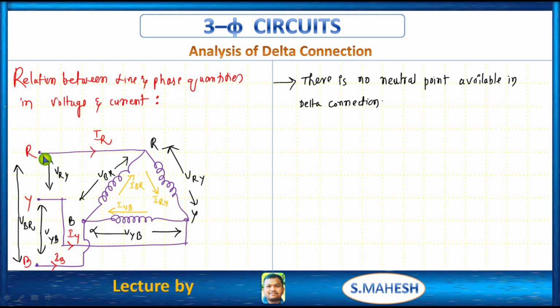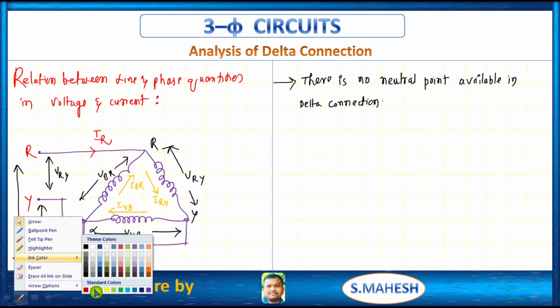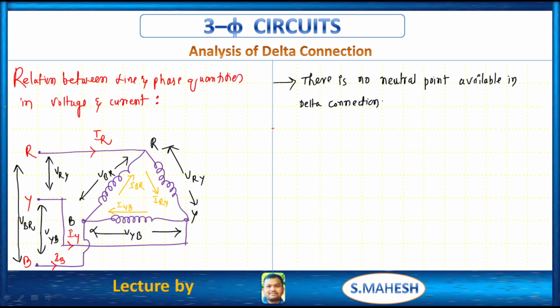Whatever the voltage which is present between these two lines is nothing but VRY, which is also present across these two node points, right? VRY. So the phase voltage is equal to the line voltage, like that VYB equals VYB. Whatever the voltage which is present across these 2 points is equal to the voltage which is present between these two lines. This is a very, very important observation. So by inspection we say that